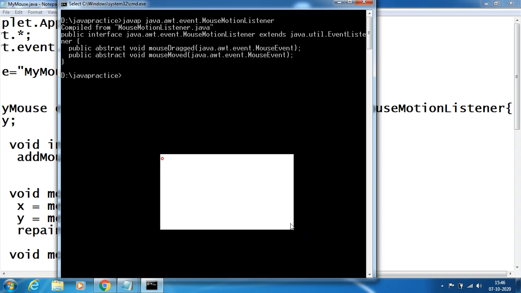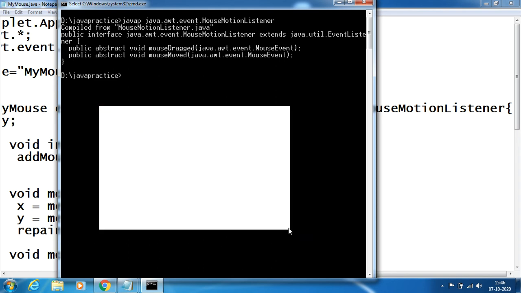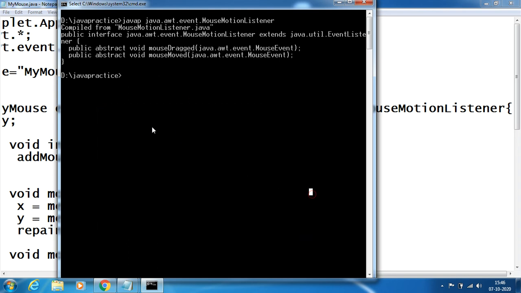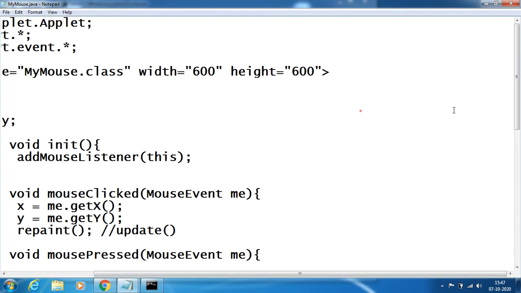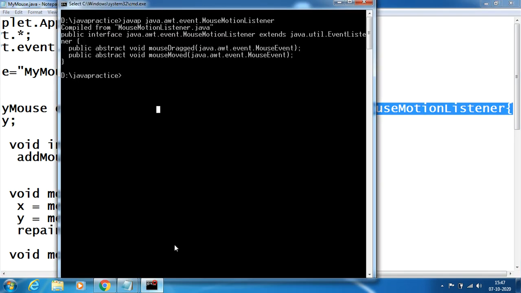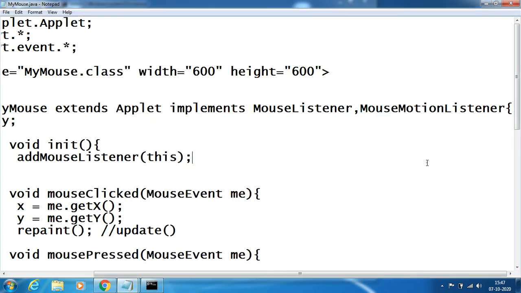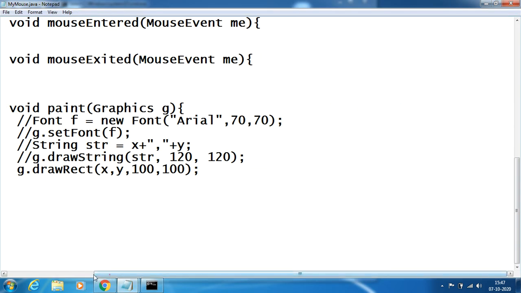Mouse dragging is like this, and mouse moving is this movement of the mouse. This is clicking, mouse pressing, releasing. If we use this, again we have to override these two methods, mouse dragged and mouse moved.